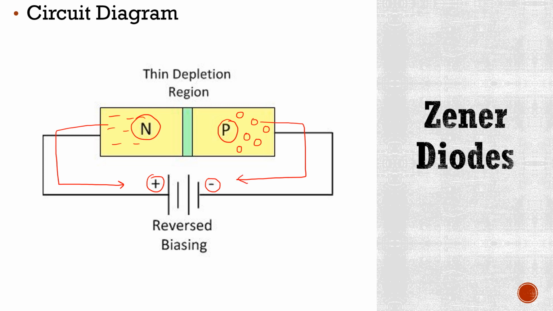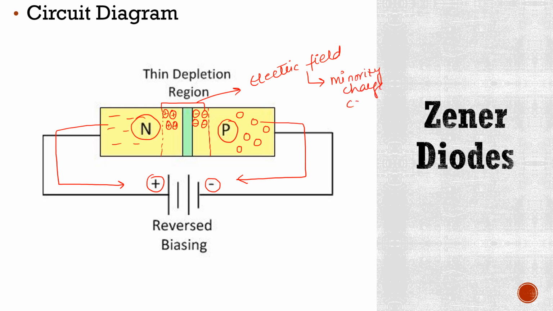And due to this attraction, this depletion region will become thick and in this region more positive ions will be created, whereas in this region more negative ions will be created, and we know that due to these ions in this depletion region electric field is generated, and under the influence of this electric field there will be flow of minority